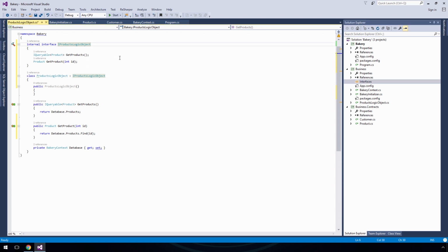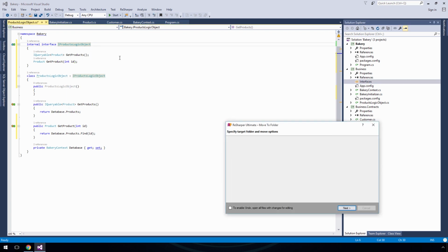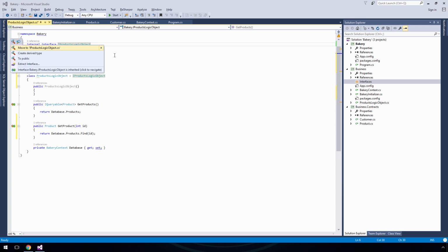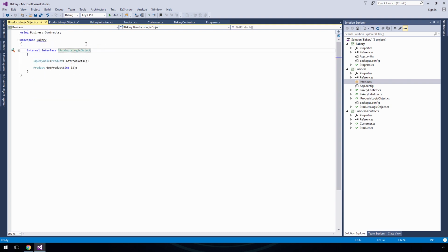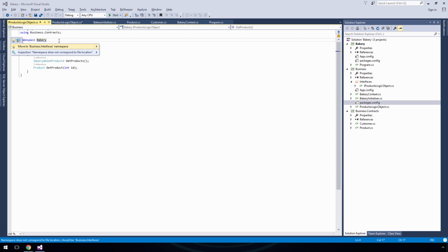Let me move this one to that folder, or actually, you know what, I want to move it to matching file. So this one is now here, and it's still sitting in the wrong namespace. So I'm just gonna move this one up here for now, and from here I could say I want to move this one to the right namespace, but I could just say, okay, I want to